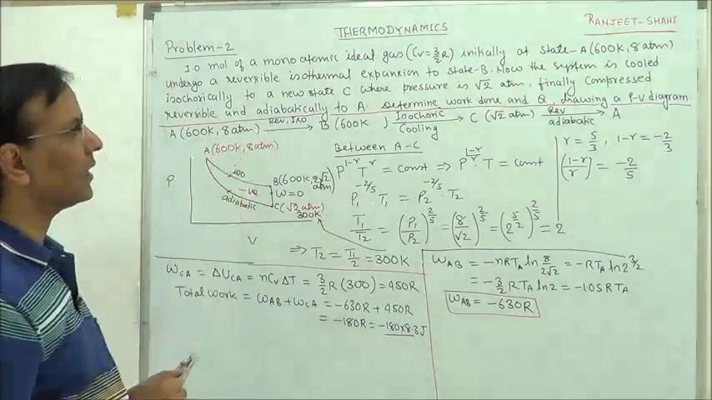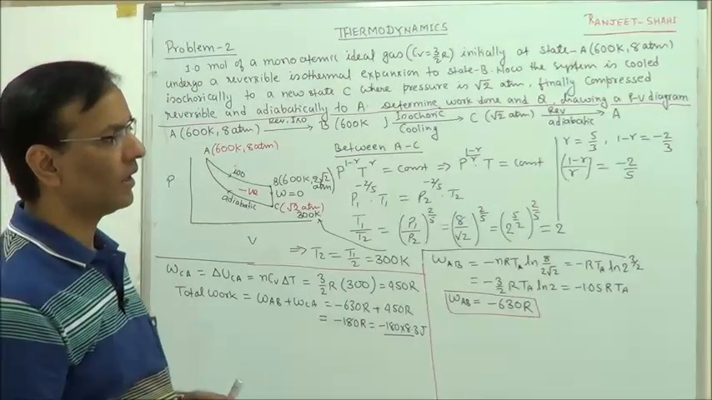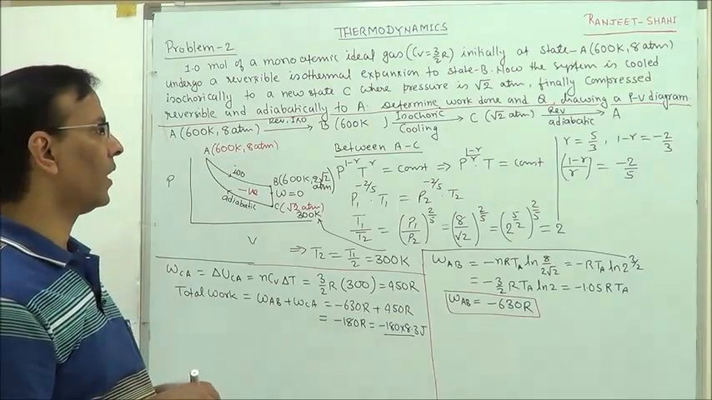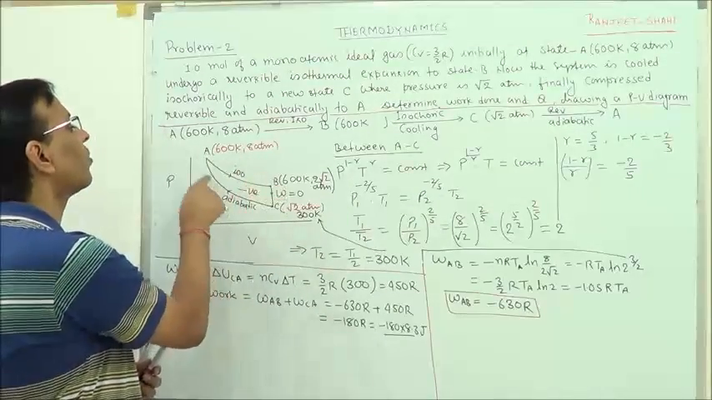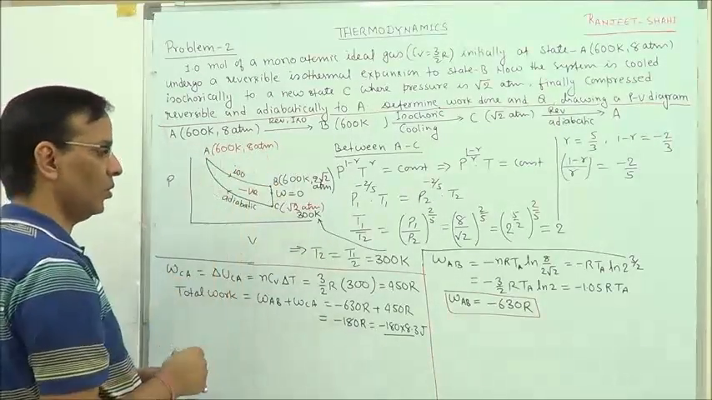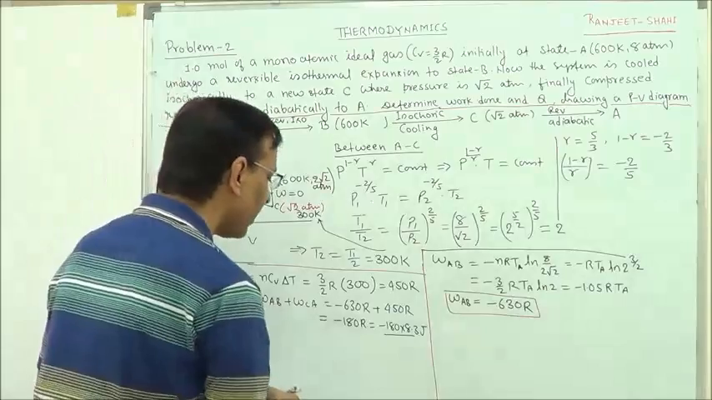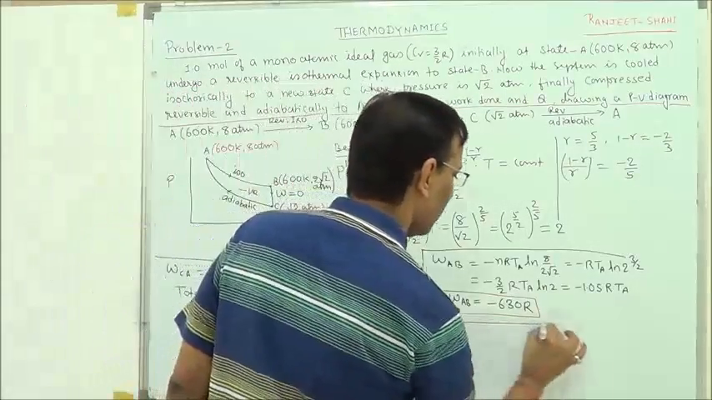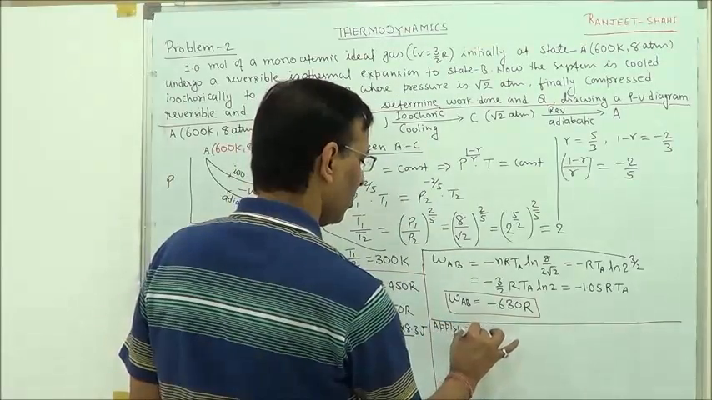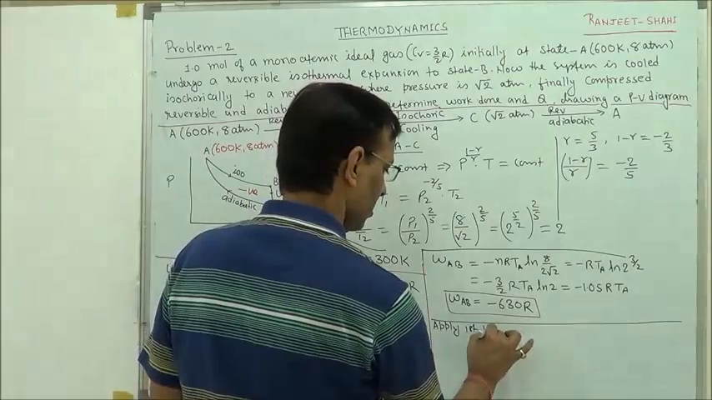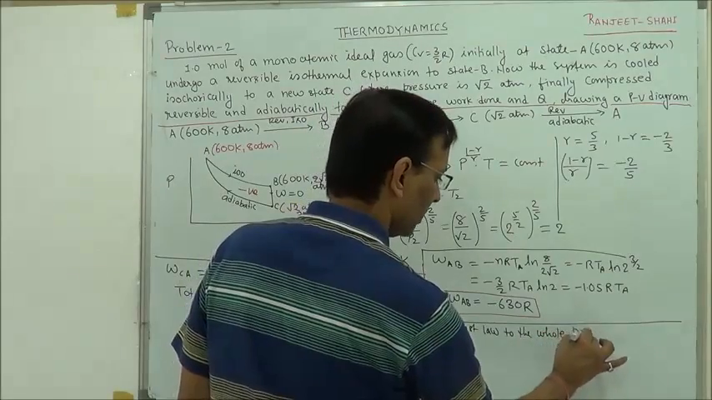One more thing is asked there, what is the value of Q, the heat in this entire process? Since this process is cyclic, the total change in internal energy will be 0. So if we apply the first law to the whole process,